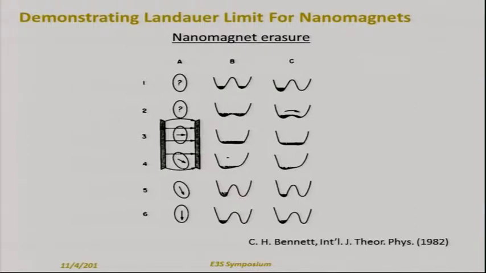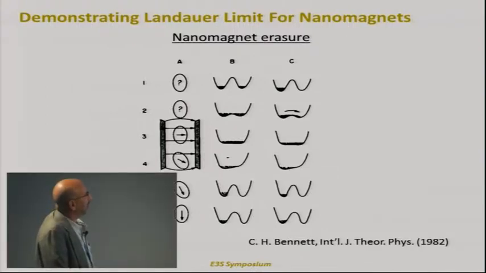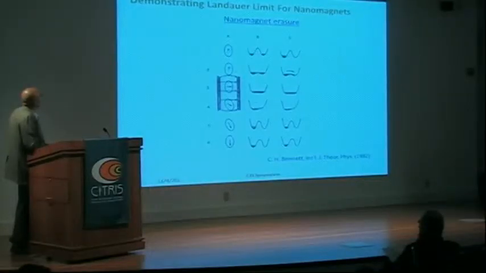And this is a figure taken from his paper from 1982 on the thermodynamics of information. I won't take you through this in detail, but basically what he analyzed was the case of a nanomagnet subjected to applied magnetic fields to polarize it along its hard axis, put it at the top of that barrier when the two states on either side of the barrier become degenerate, and then with a small magnetic field tip that magnet to a specific state, and he analyzed this theoretically